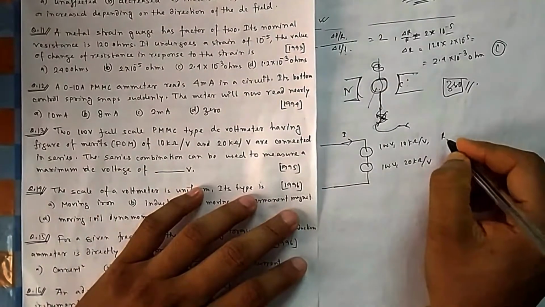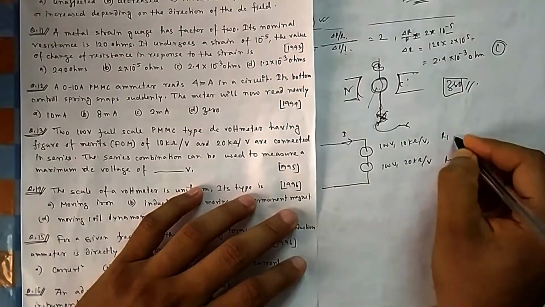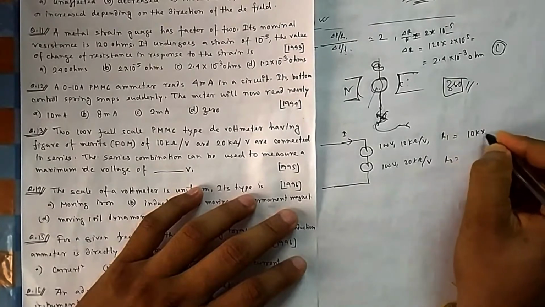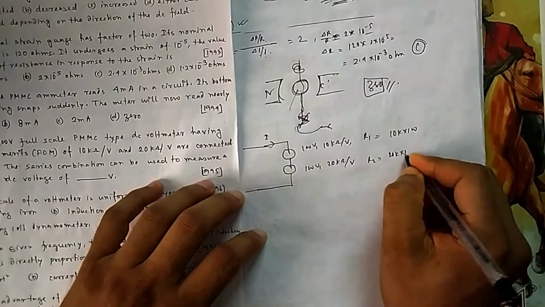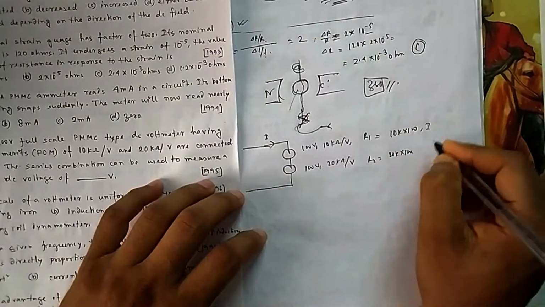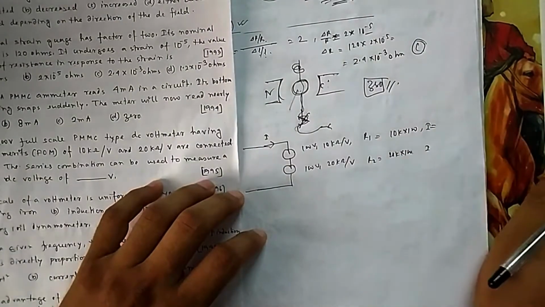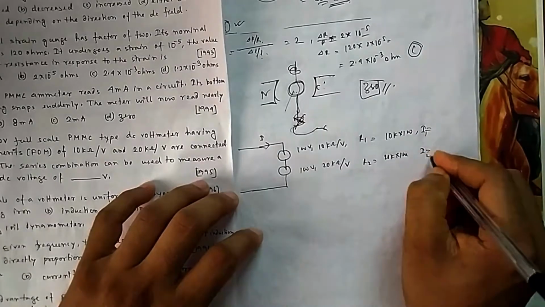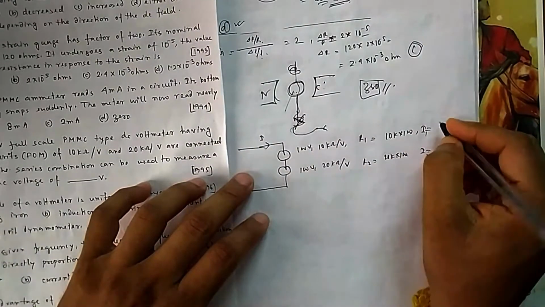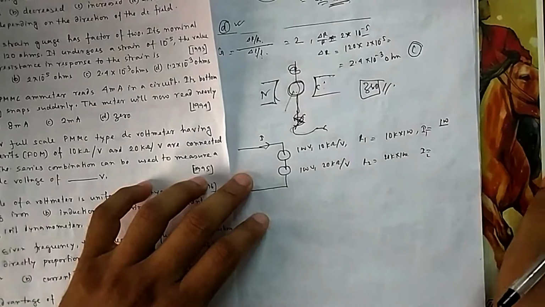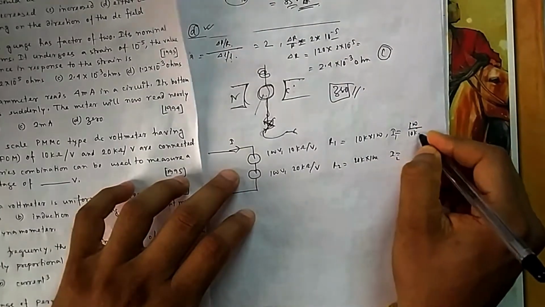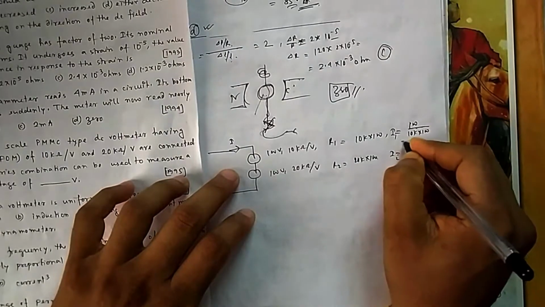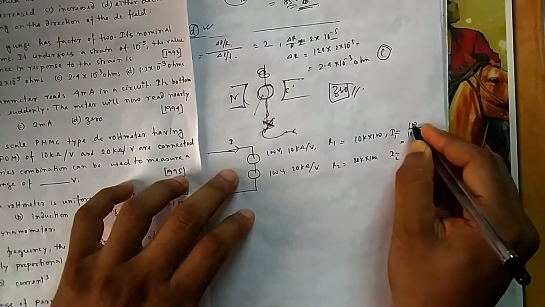So what is the total resistance of this one? Suppose R1, R2. So it is 10 kilo into 100. What is the total resistance here? 20 kilo into 100. Okay. What is the maximum current it can take? Let us see, I1, I2. It is measuring 100 volt, that is the maximum voltage it can measure. So the maximum current will occur there. So it is 10k by 100. If you do this, the 100 will go on.